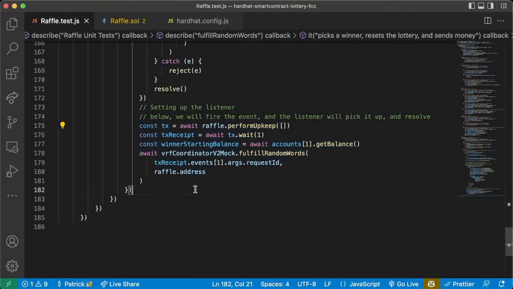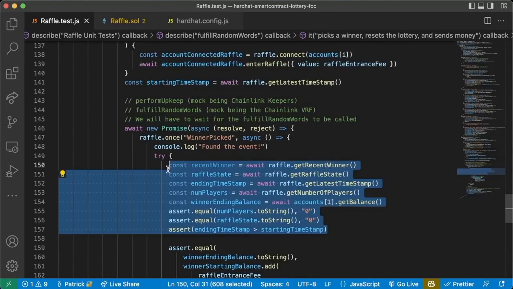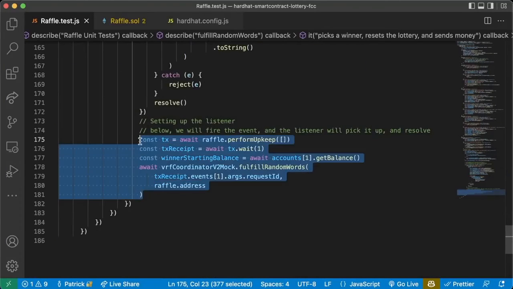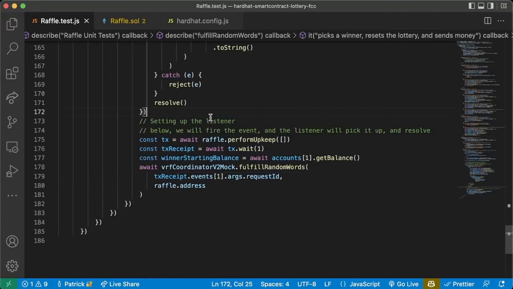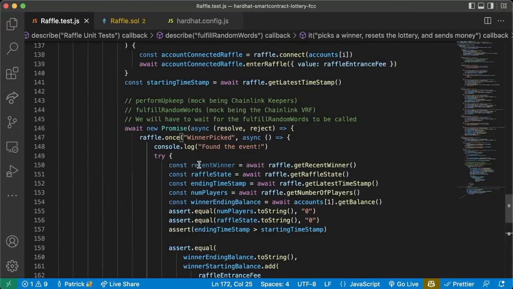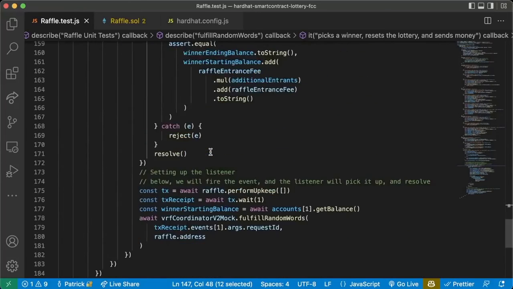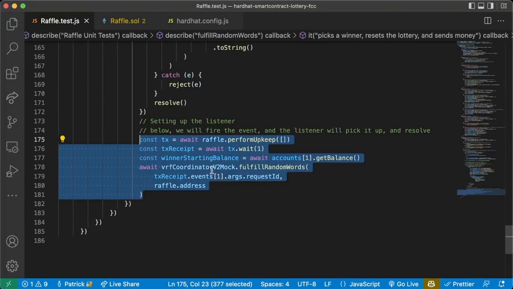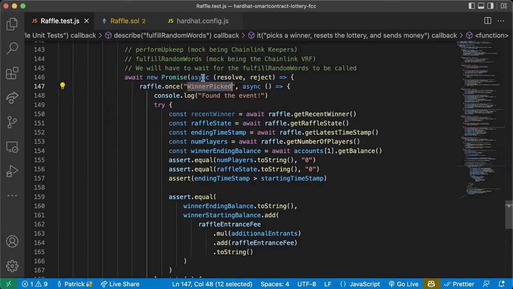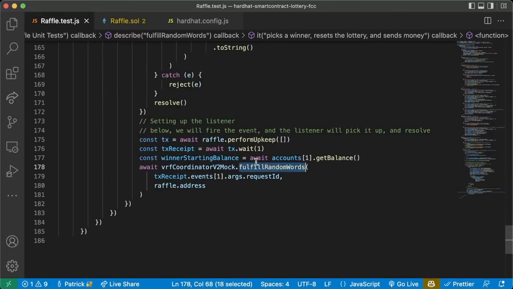And what we could have done was we could have had all these asserts and checked all the variables after we did this, right? We could have totally done that. However, on a testnet where we don't always know exactly when a transaction is going to finish, we have to wait. We have to listen for an event to be fired. Before we could call the transactions that would end this whole thing, we needed to set something up to listen for that event to be fired. And we said, hey, only once this event is fired, only once this transaction is called,